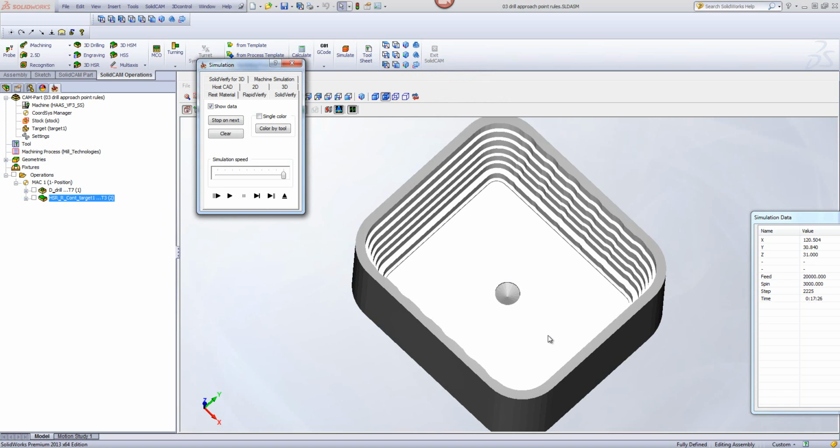When using the option of use approach points, it'll only machine out the areas that can use those points itself. In other words, those deeper pockets, since they're deeper than this hole itself, it cannot use this hole to go in there. It will not machine out those pockets itself. And the reason for that, the way this is made, is that it's taken into consideration that most of the time people want to use this is when they have